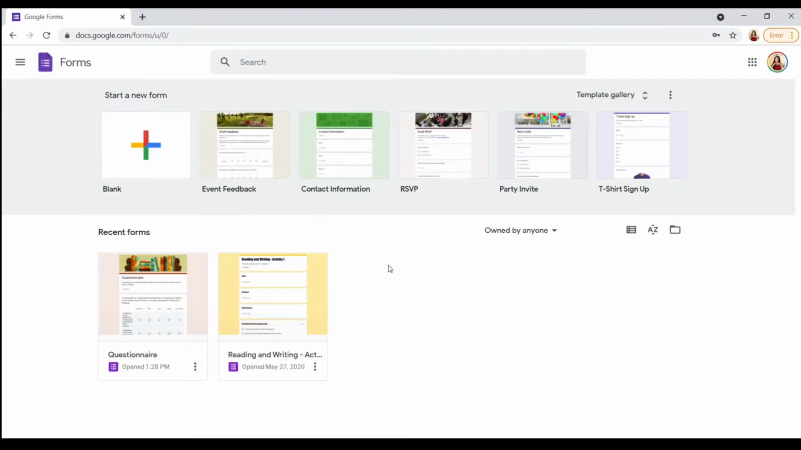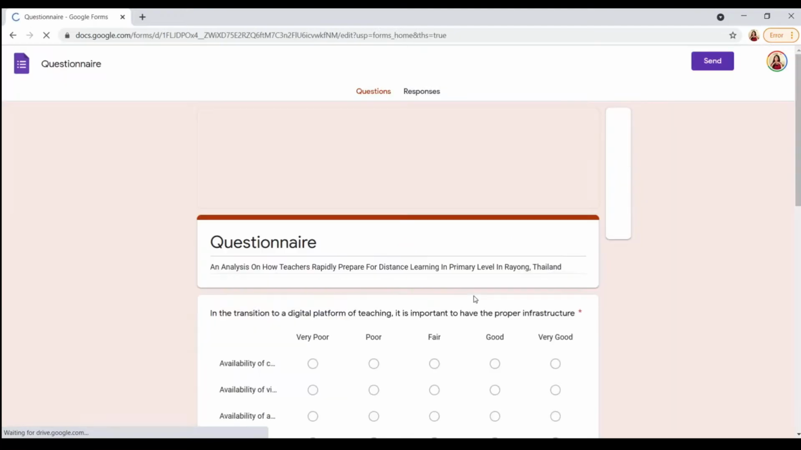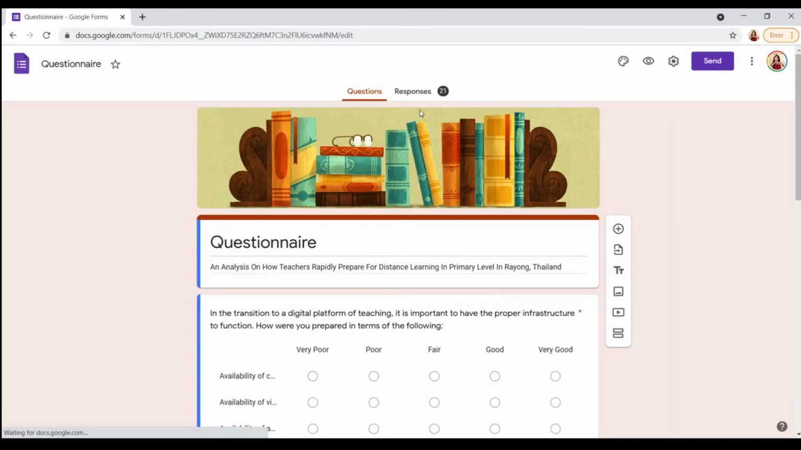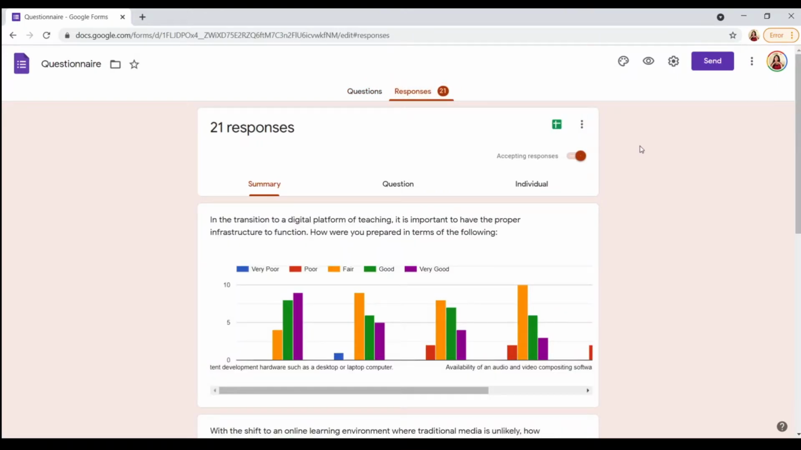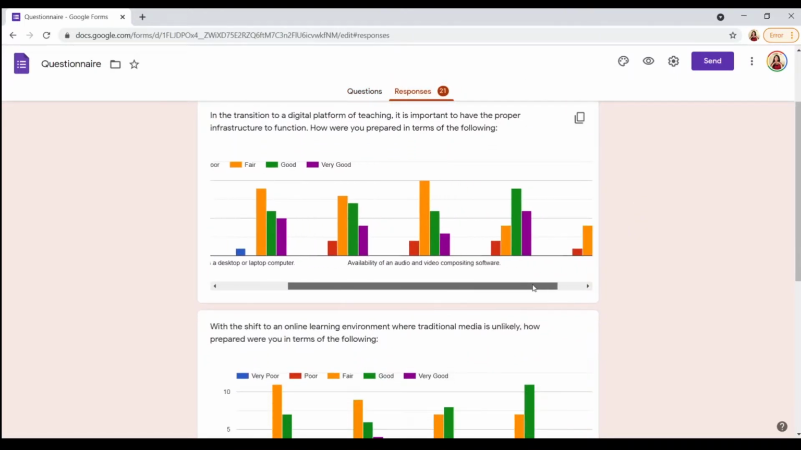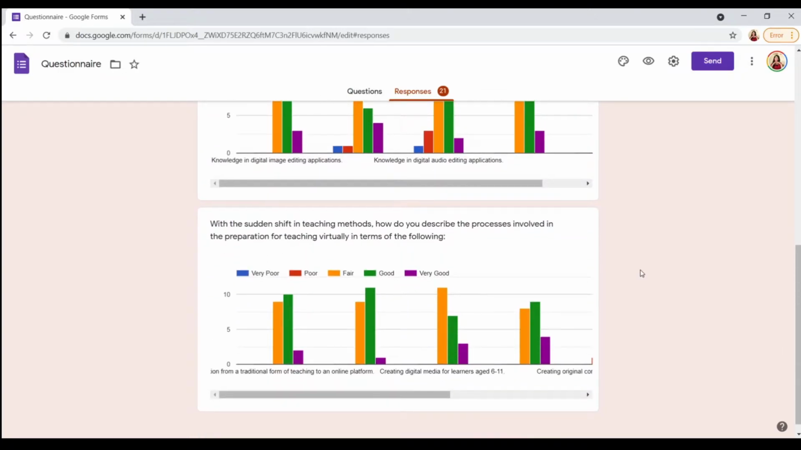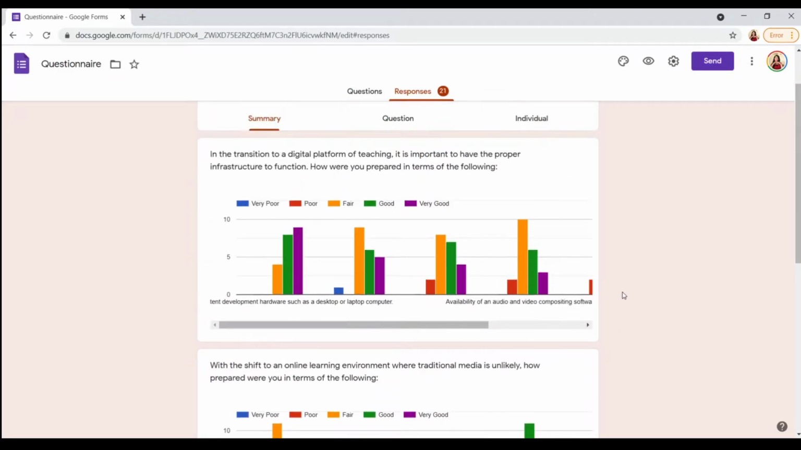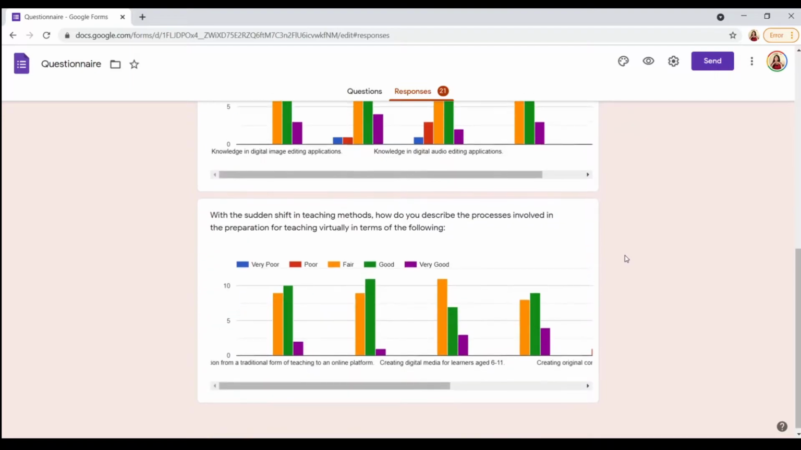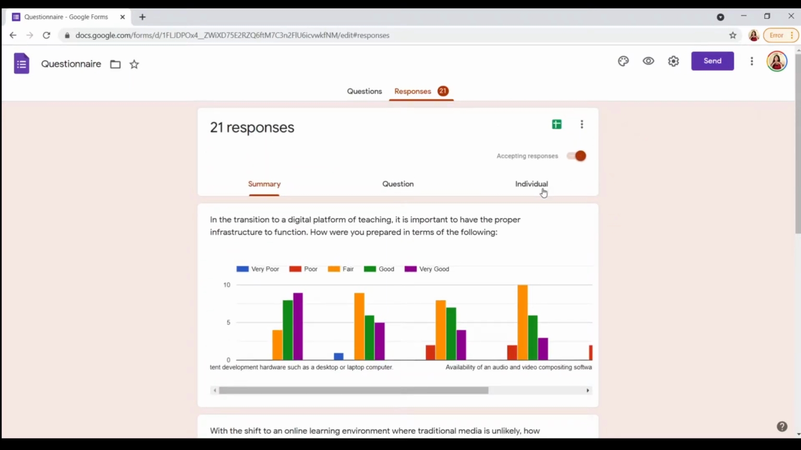Exporting Google questionnaires to XLS data. First, you go to the questionnaire or the form, and then we switch to responses on this tab right there. As you can see, there are a lot of summary questions that we could copy and paste. But right now, let's go to